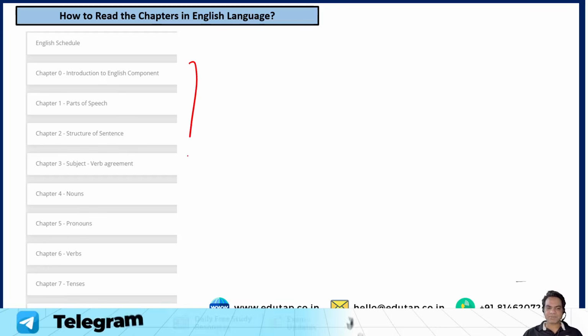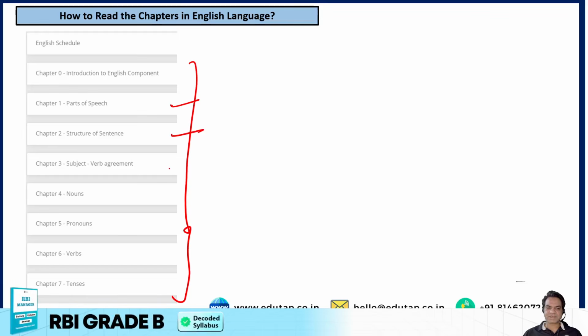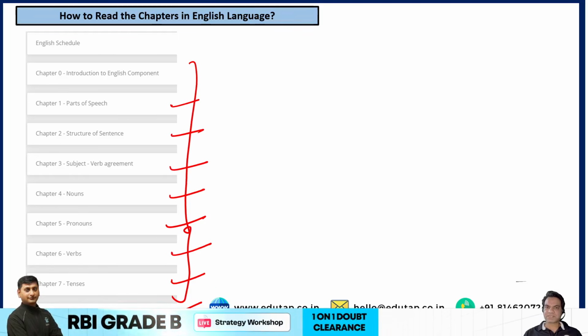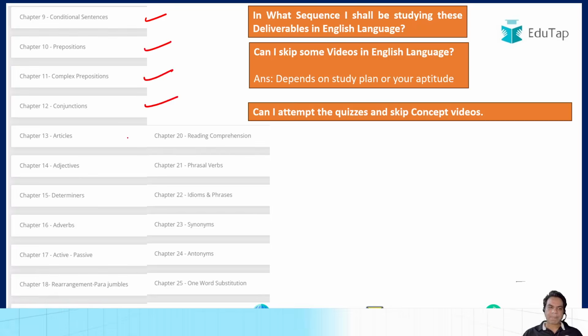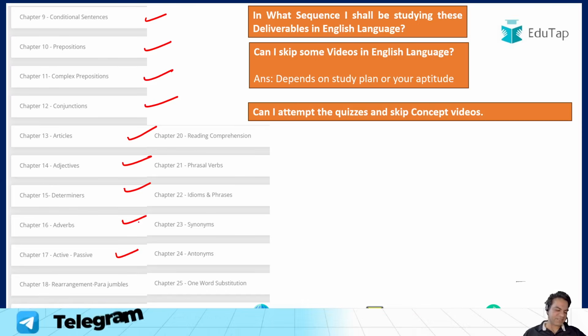So you start from the grammar part, right? If you're starting from the very beginning: parts of speech, structure of sentences, subject verb agreement, nouns, pronouns, verbs, tenses, modals. This is the complete syllabus for your English language. Further, conditional sentences, prepositions, complex prepositions, conjunctions, articles, adjectives, determiners, adverbs, and active passive. So there are basically 17 lectures